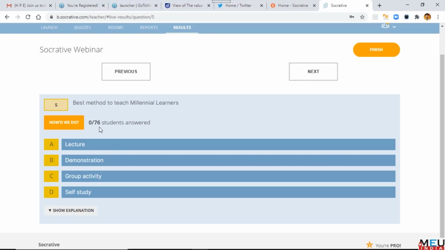Yeah, now you see we have 76 out of 76. The moment you start answering, you'll see the number. Yeah, the number is increasing. We could see the number of people joining is more. So those who are joining new, you will see the room name in the chat box, or again we posted it in the WhatsApp group also, the group which is created by Sanjay sir. We posted in that also.